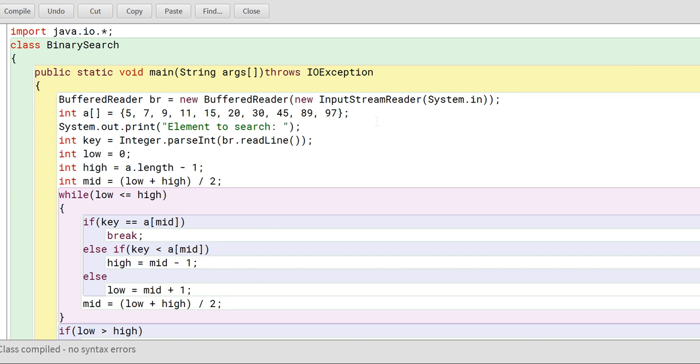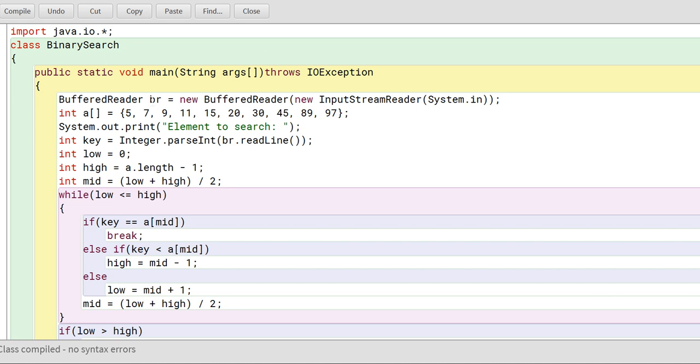order. If it is not arranged, you have to apply a sorting technique to arrange the elements in ascending or descending order. In your exam, if you get a question related to binary searching, it is already mentioned that your array is already arranged in ascending or descending order. So this is a prerequisite for binary searching, that your array should be arranged in ascending or descending order, meaning it should be a sorted list.